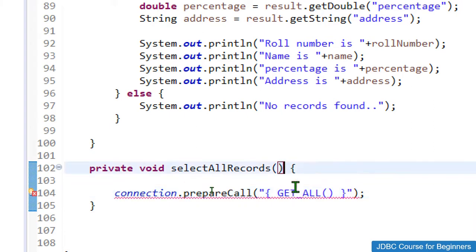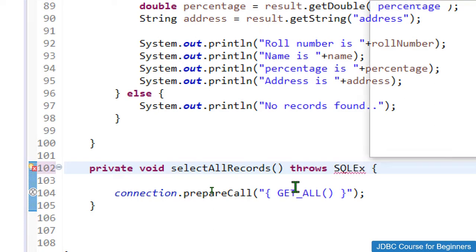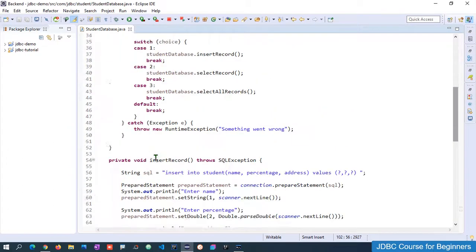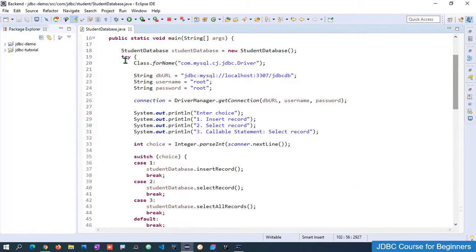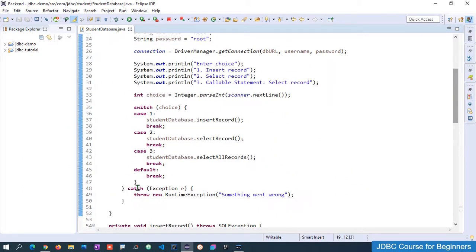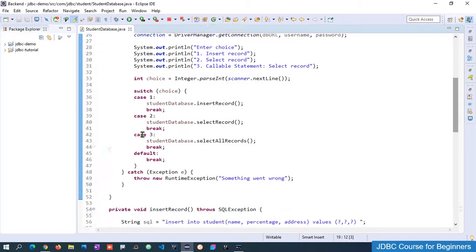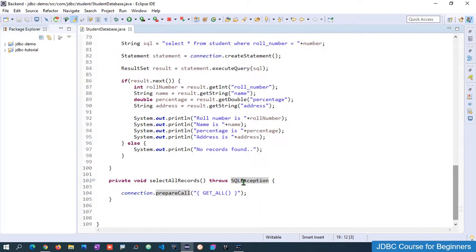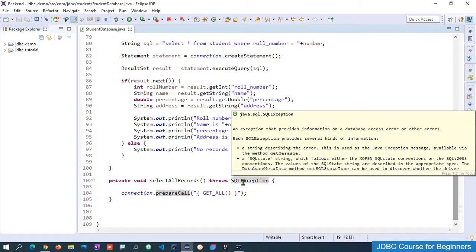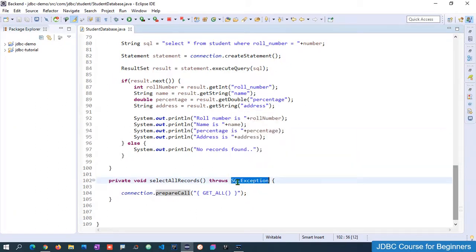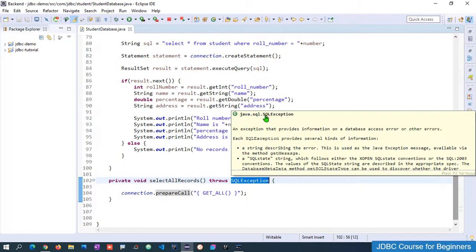So I'll just throw the SQL exception like this, because I have handled my SQL exception or any type of exception in the main method itself. Here we have used try catch, and this main method is capable of handling the exception. This SQLException comes from java.sql, so make sure you are importing it from java.sql itself.